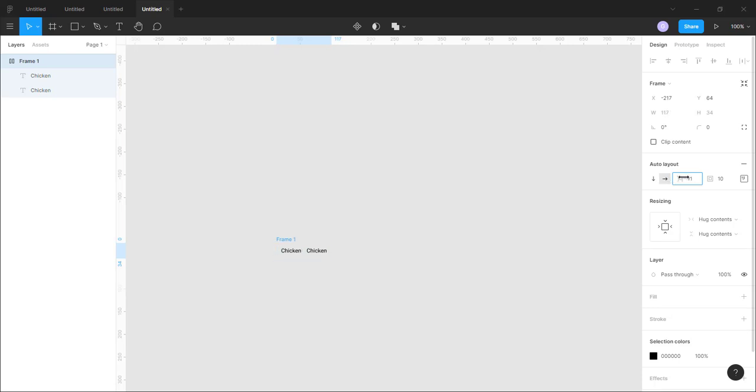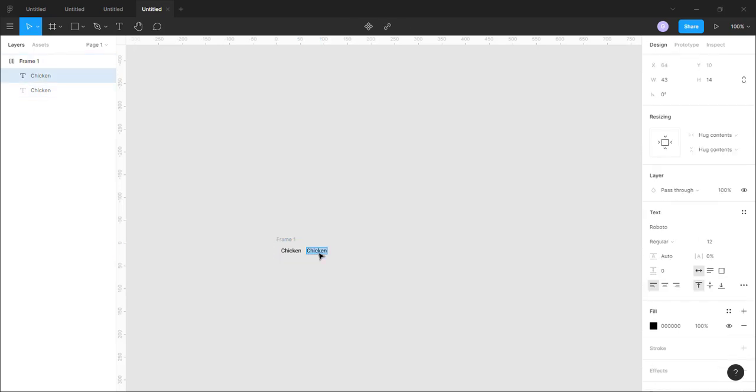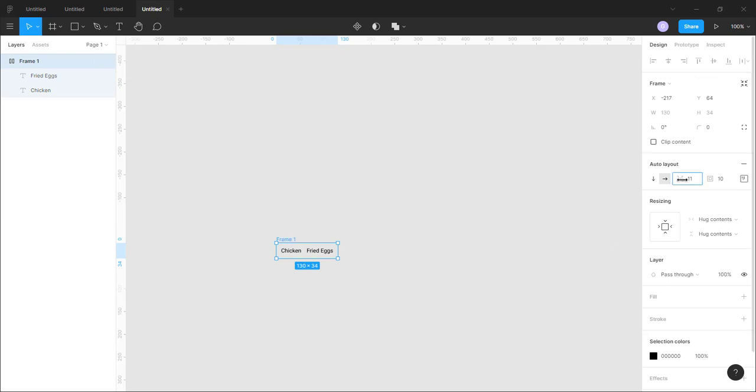Let's say I want to change this to fried eggs. Yeah. These two items are within this auto layout frame. This is used to adjust the spacing between the items in the frame, and this is the padding